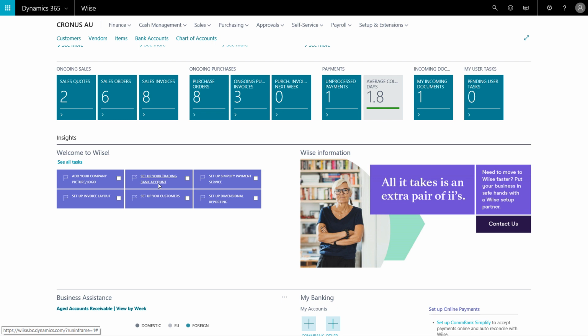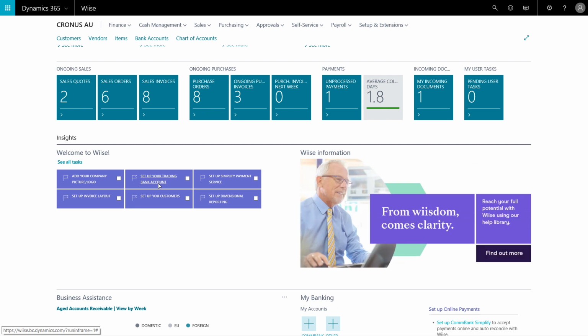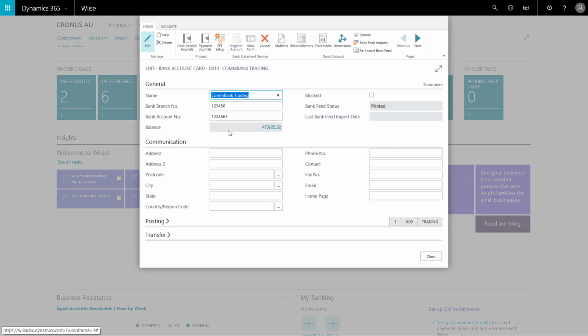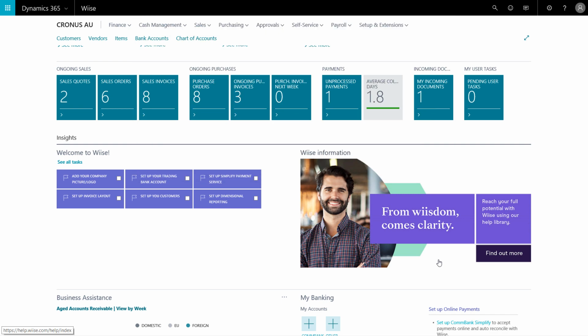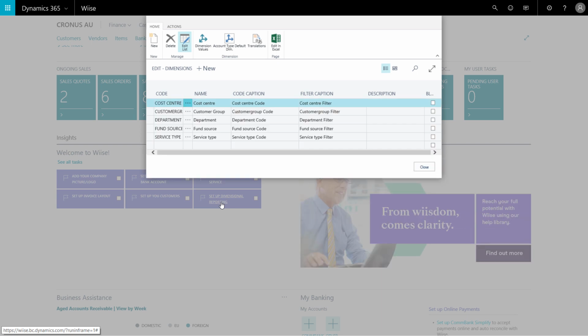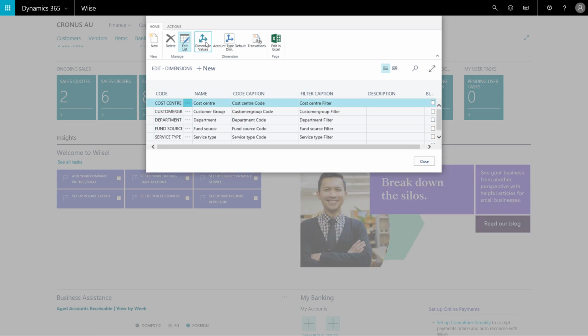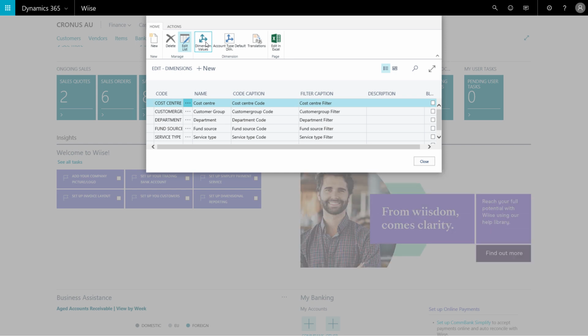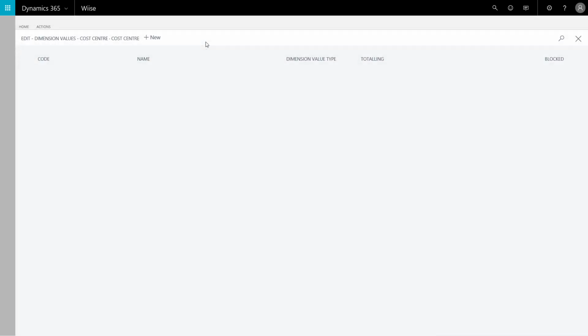Straight here, we make it so that when you start with Wiise, it really is plug and play. You simply click on whatever task you need to, and it allows you to set up that different area within Wiise so that you don't have to navigate around. You just one click, it allows you to set up your bank account. One click, it allows you to set up your reporting. Dimensional tags are a way that we can categorize the data you have within Wiise without having to expand your chart of account, thereby